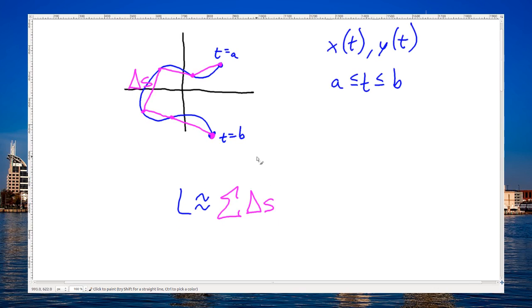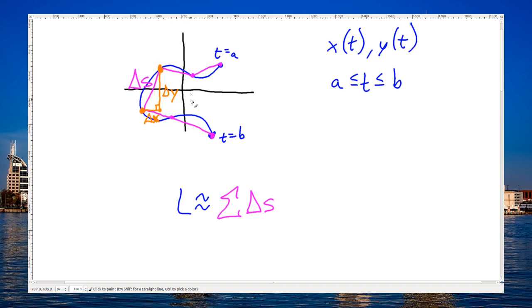sum. What I want to do though is investigate, well, how would I figure out the length of a delta s? Well, that's not too difficult. What I'll just do is take this delta s and split that up into a right triangle. So this down here we might call delta x. That's the change in the x value between this point and this point, just the horizontal change. And this delta y would be the vertical change between this point and that point by way of this right